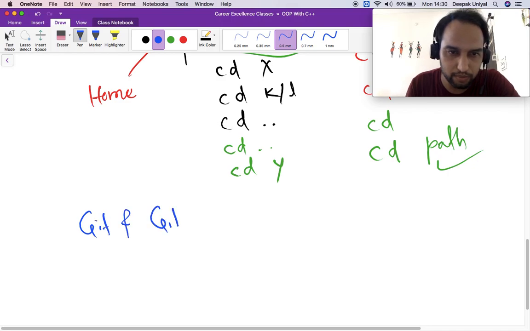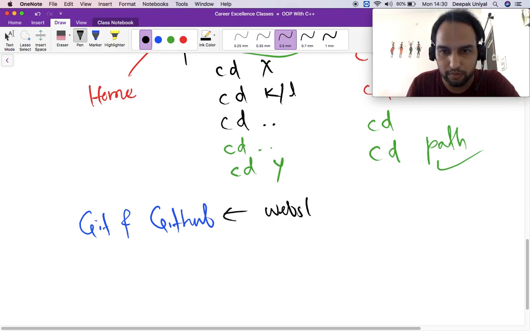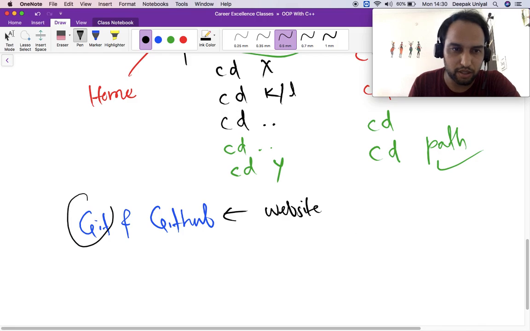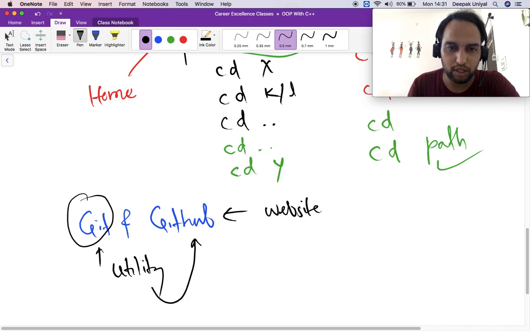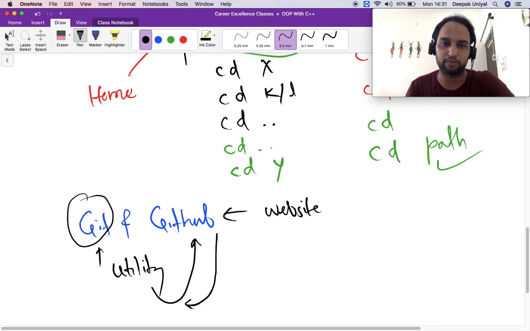Git and GitHub. First let me tell you, GitHub is a website, but Git is not a website. This is a utility. Using this you can push your code to GitHub and you can also pull the code from GitHub to your local system.